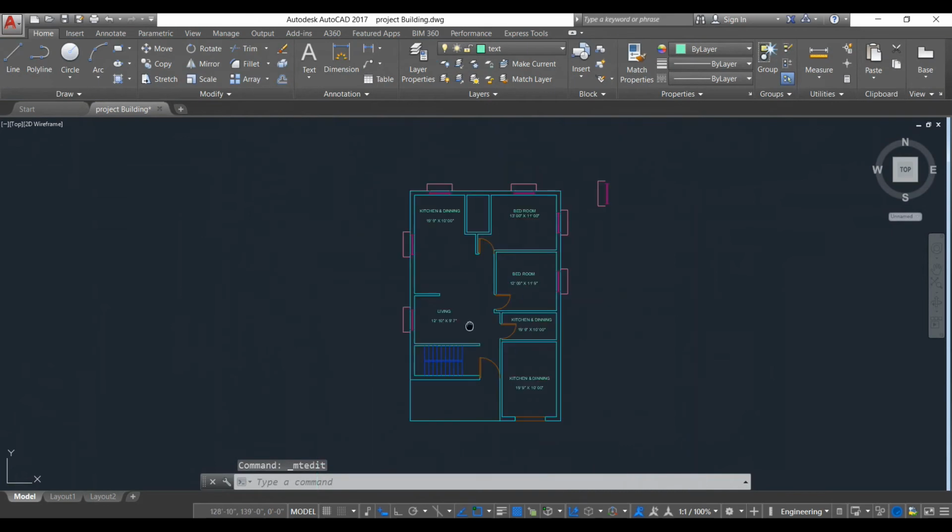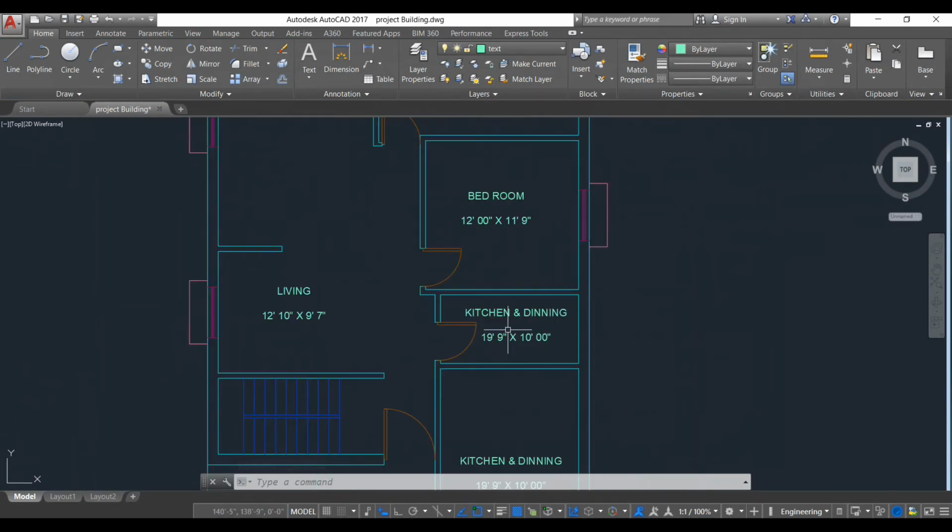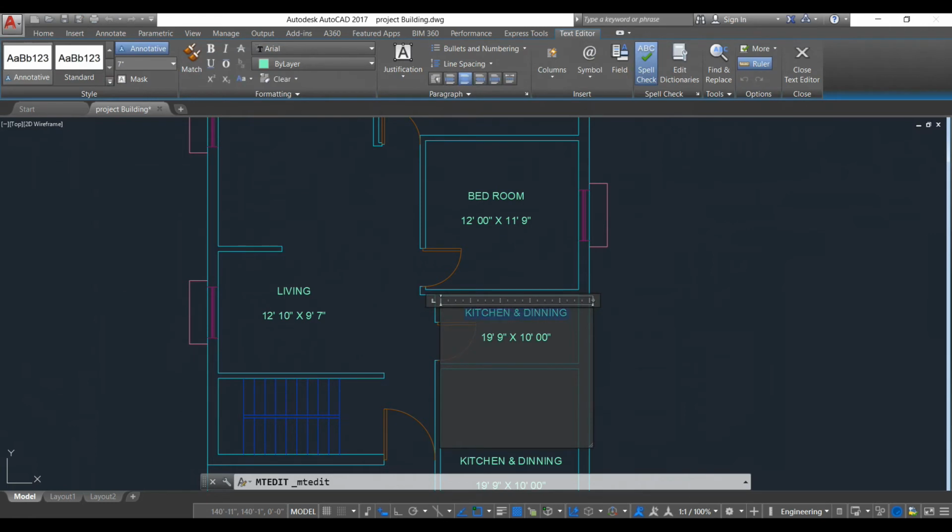Okay. So next is bathroom, size is 10 feet 10 inches by 5 feet 5 inches,